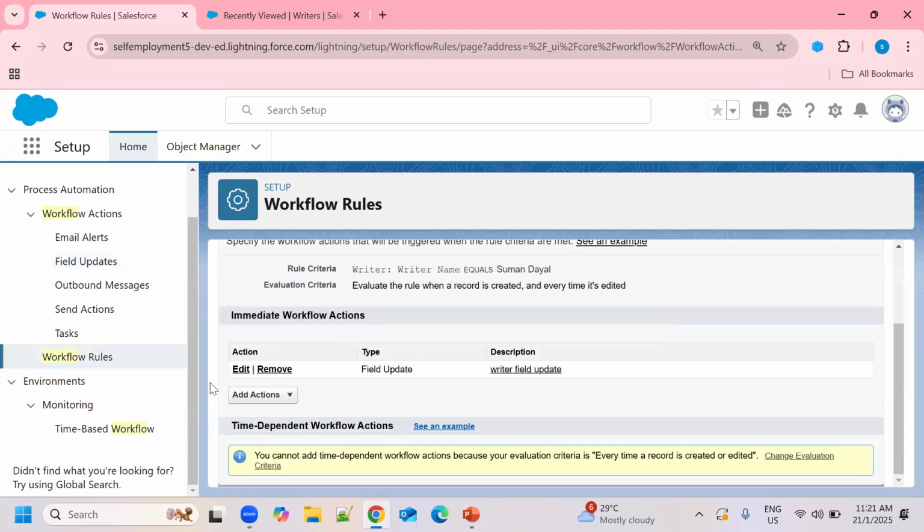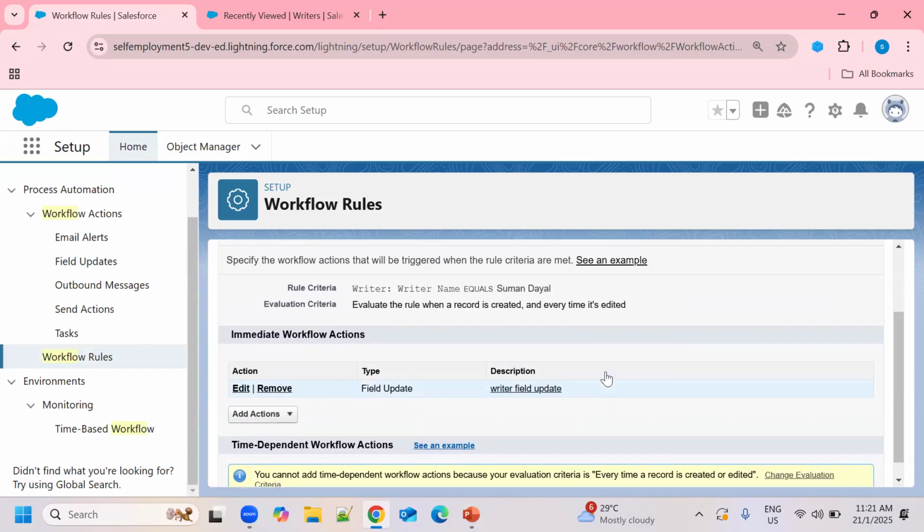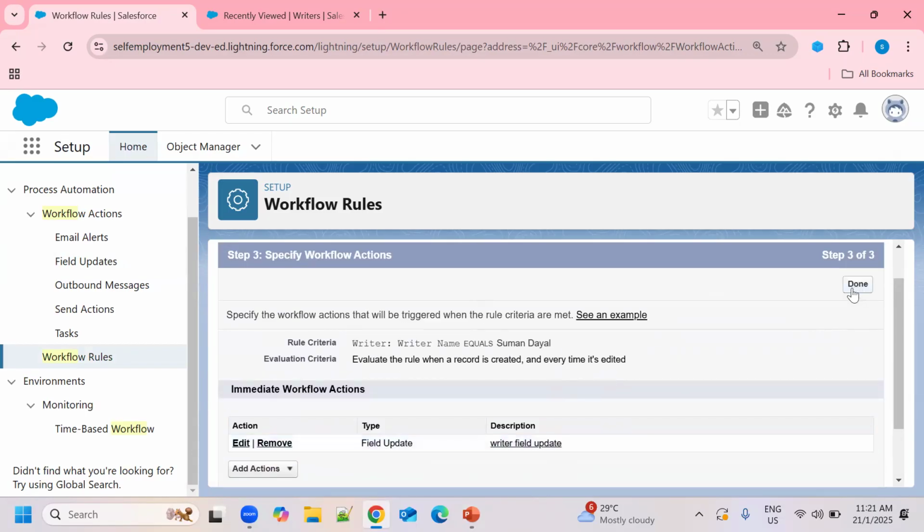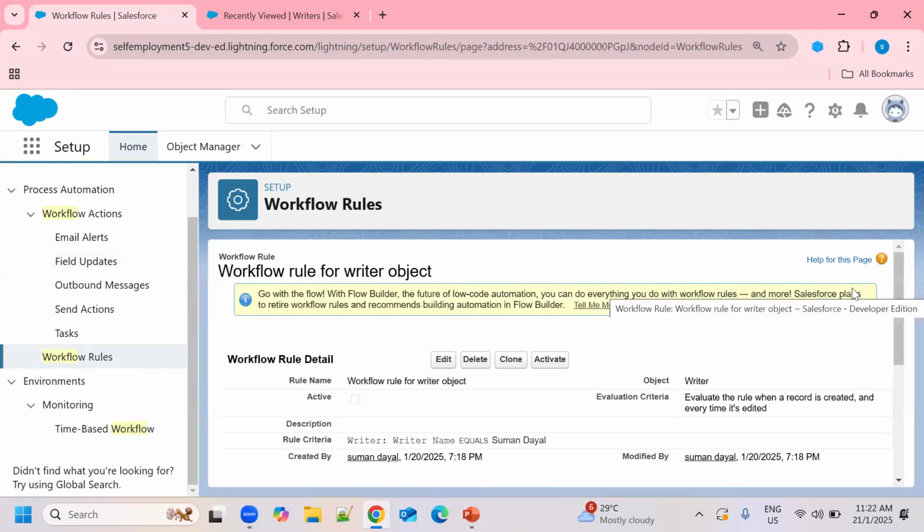We have set what field update we want to do, and we have set the criteria. So now click on the Done button. This is the activate option.